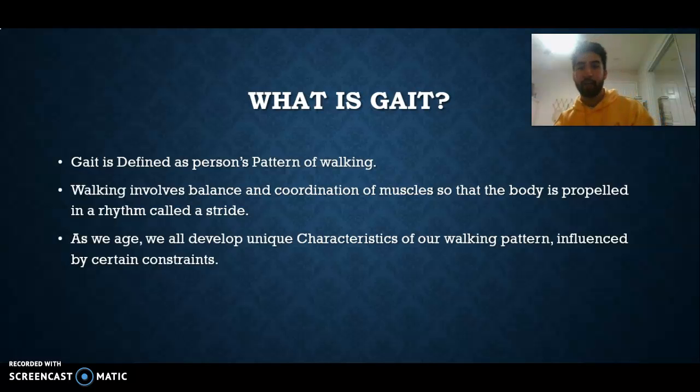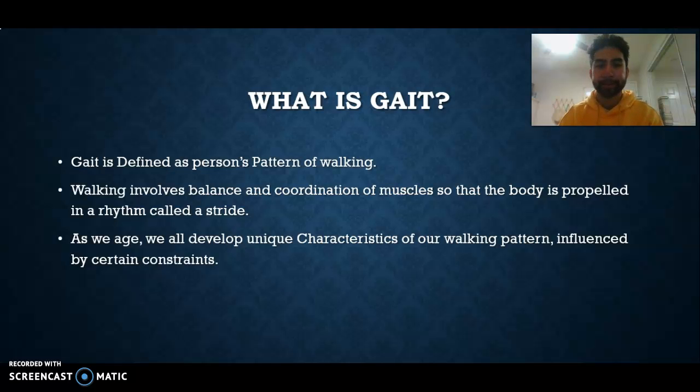So I want to start off first by explaining what exactly is gait. Gait is defined as a person's pattern of walking. Walking involves balance and coordination of muscles so that the body is propelled in a rhythm called a stride. As we age, we all develop unique characteristics of our walking pattern influenced by certain constraints, which I'll go over